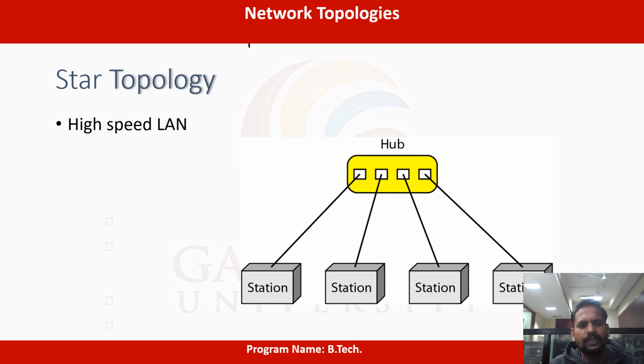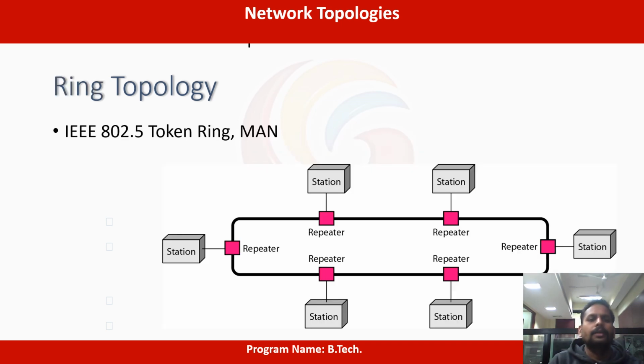So this is one example for the star topology. And ring topology. So you see here, we can see one ring type of connectivity between these devices. Each and every station device is connecting to two other devices. By default, if the systems are making connectivity between these devices, then it will create a loop kind of thing. That loop is called a ring here. That's why we are telling this is the ring topology.